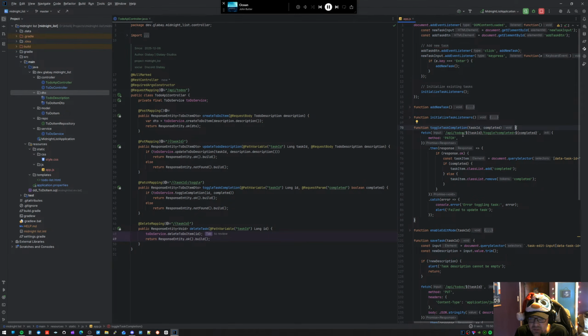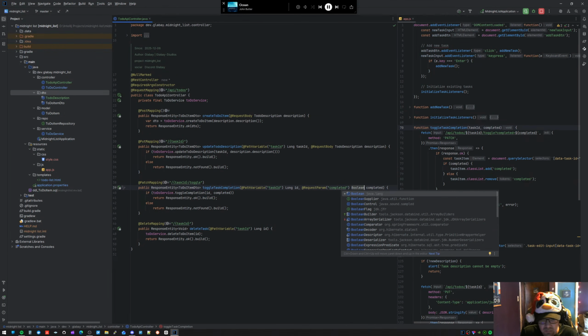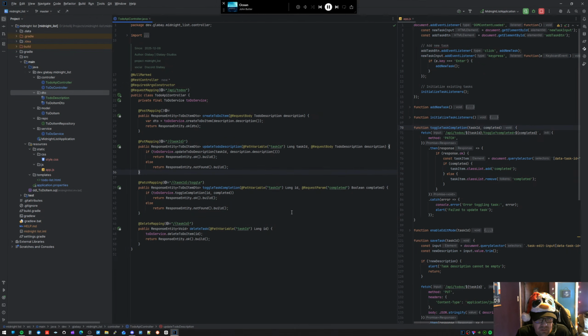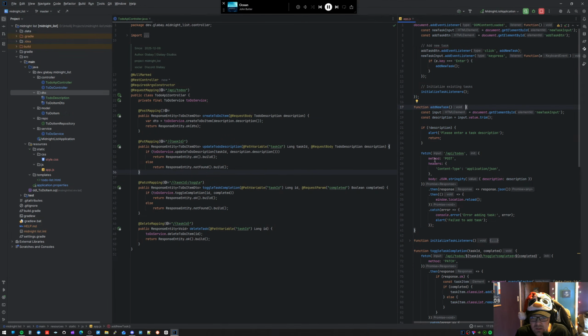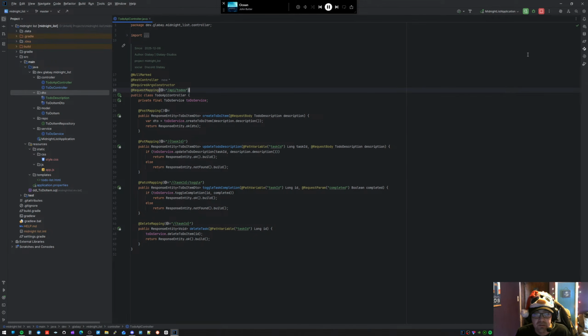Toggle the task completion. Make sure we got this right. Toggle question mark. Toggle this request params complete. There's a boolean. I'm gonna make that a boolean object. Okay. And initialize, you're not making any requests. Add a new one, you're making a post request to here. Okay, looks like everything is good. Looks like I'm not missing anything. So let's,